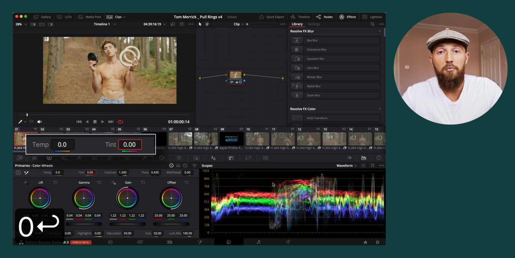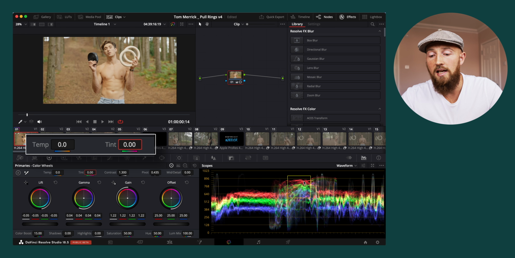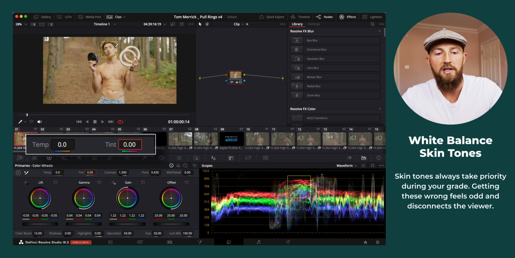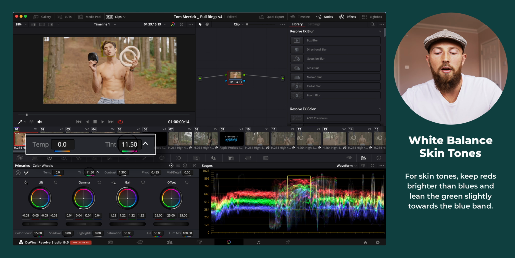In this case, I'm going to pull it off the graph. So we can see here that we have Tom's skin, which is this part here being the brightest part of the image in the middle here. When it comes to skin, you generally want the greens closer to the blues than the reds. So you can see our green here has moved down to our blue here, and our red is leading there. I'm actually going to play with the green a little bit there just to really dial it in,